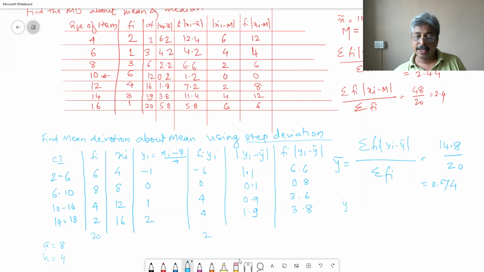y is equal to (x minus 8) upon 4. Right? So 4 into 0.74 into 4 plus 8 is equal to,